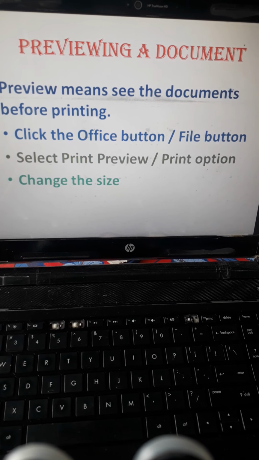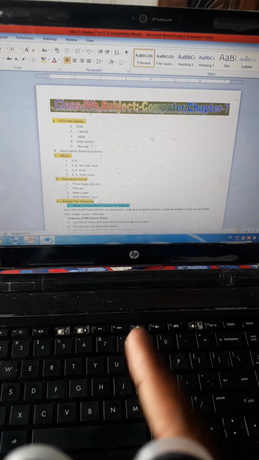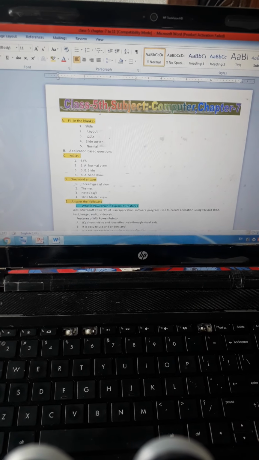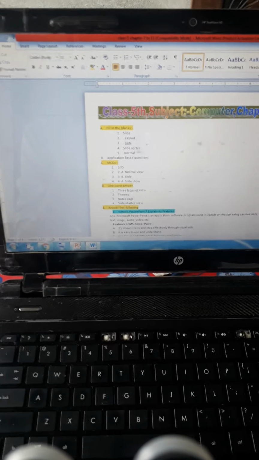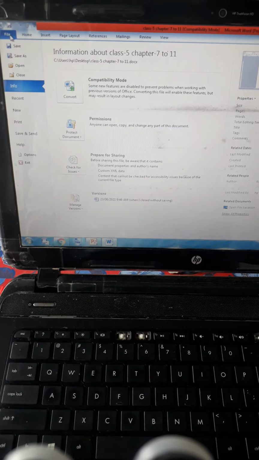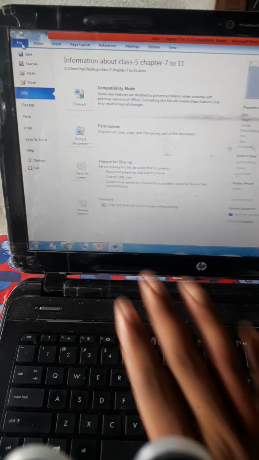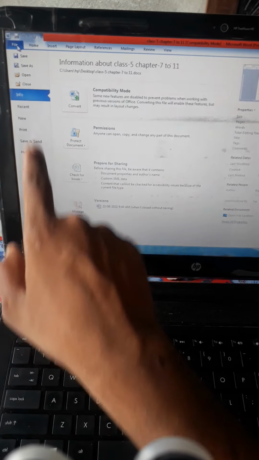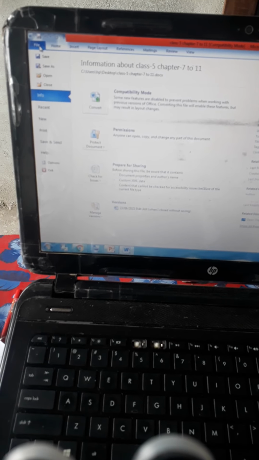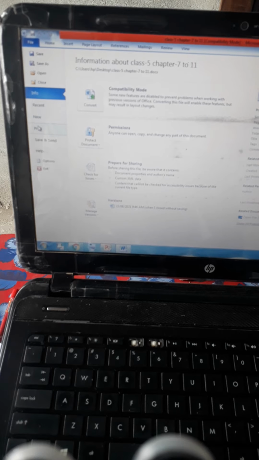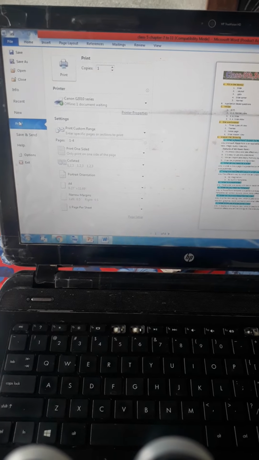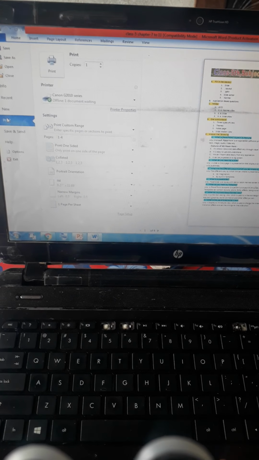on the computer screen. Again you can see one page is here, and if we want to print this document, then we simply have to click on the File menu. You can see here is the File menu, and after clicking on the File menu this type of option and detail will appear. From here we have to select what we want, so we have to select the Print option. You can see here is the Print option. So after clicking on Print, this type of option will appear.